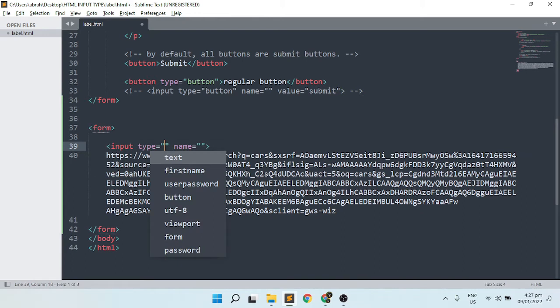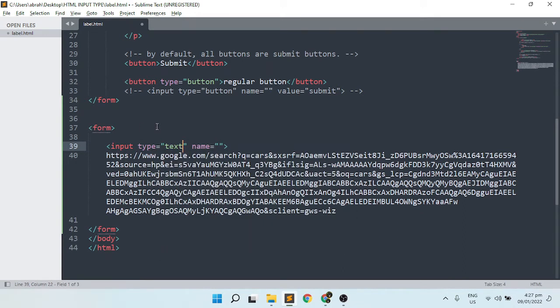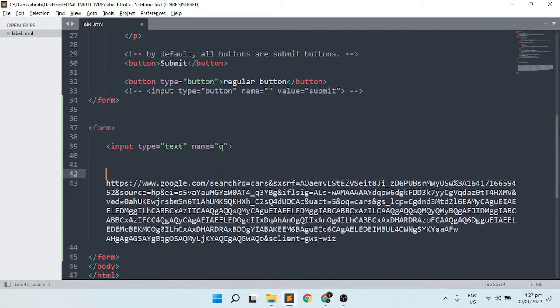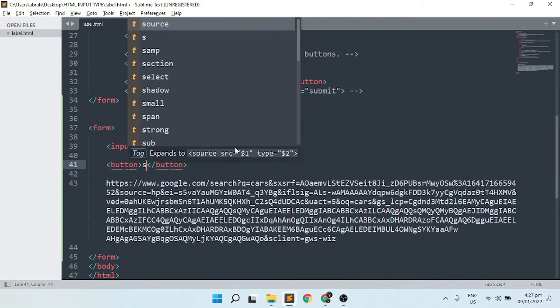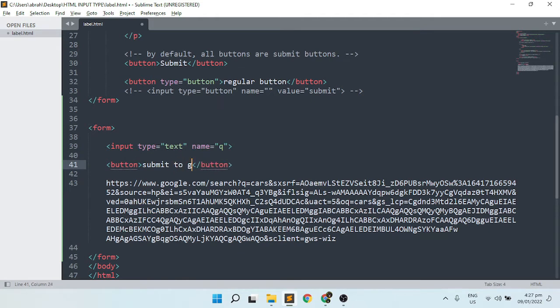So start with an input type, and let's set this one to text. And then the name is equivalent to this one, so let's set this one to Q. Okay, then after this one, you're going to make a button, so let's click submit. Okay, so submit to Google, and then this part, you're going to delete this one,